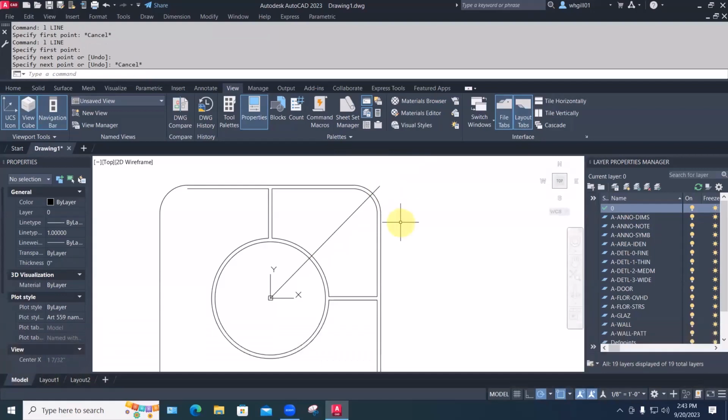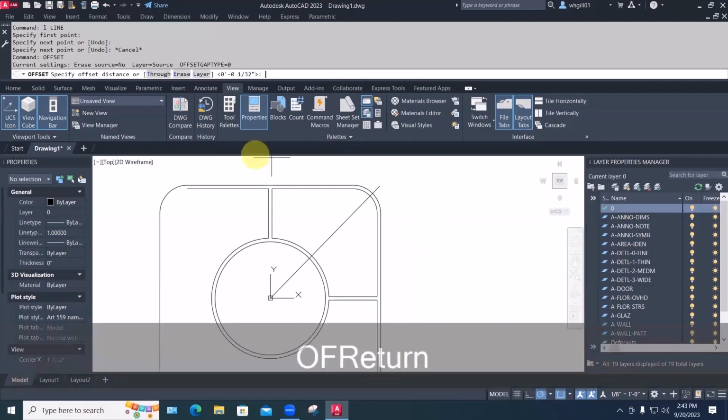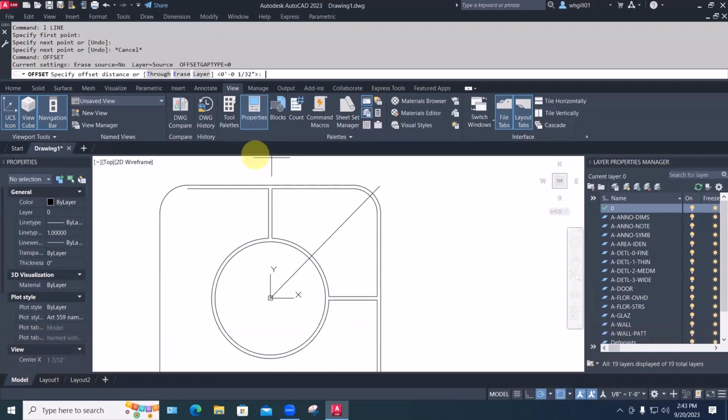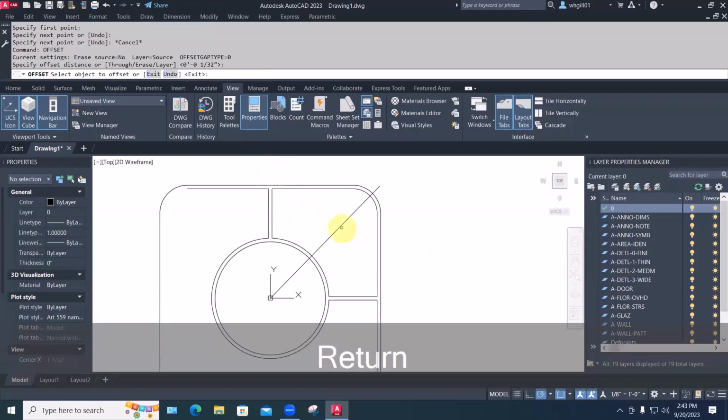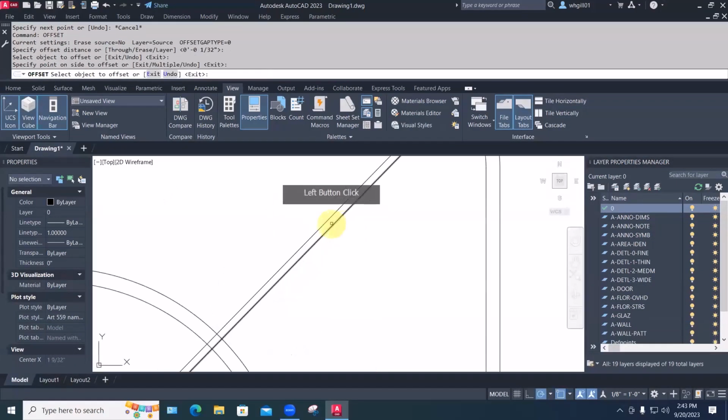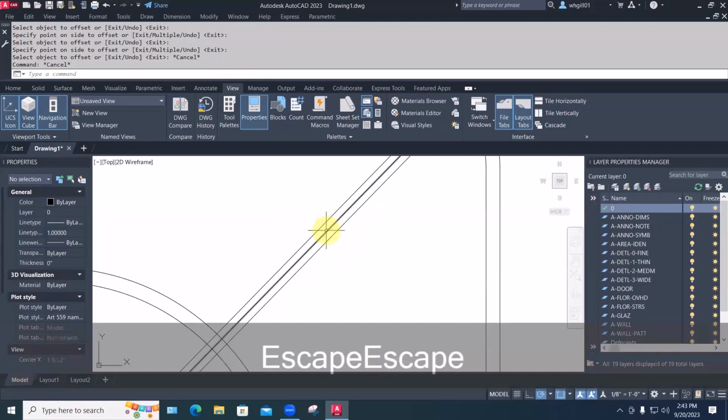So, to draw that, if I have the drawing set up right, I never have to enter a coordinate or a length or an angle. I can just click to the start point and click to 45 degrees right off the bat. These as well will need to be offset a 32nd of an inch in each direction. Offset 1/32, accept it, click, click, click, click, erase the middle guy,